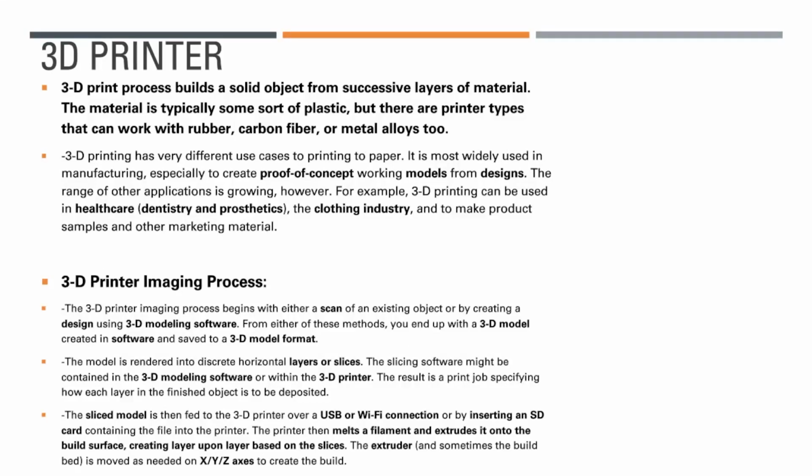3D printer. The 3D print process builds a solid object from successive layers of material. The material is typically some sort of plastic, but there are some printer types that work with rubber, carbon fiber, or metal alloys too. 3D printing has a very different use